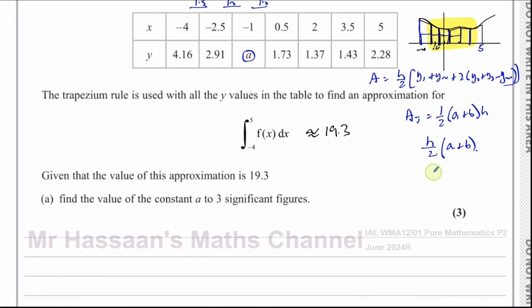So basically all we have to do now is say that the area of the trapezium is given by the distance between the parallel sides. As we said, it's 1.5 divided by 2 times the sum of the parallel sides. So this represents the y values of these points here: 4.16, 2.91, and so on. We're going to use the first and the last once. So 4.16 plus 2.28. And then you add to that 2 times,